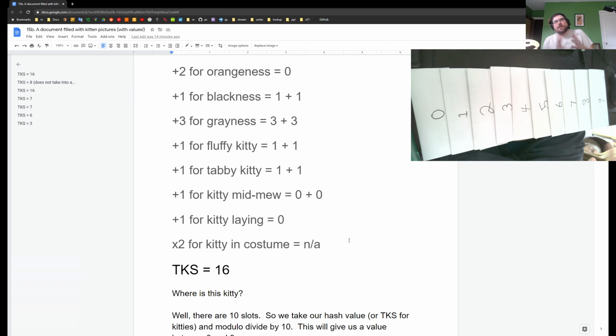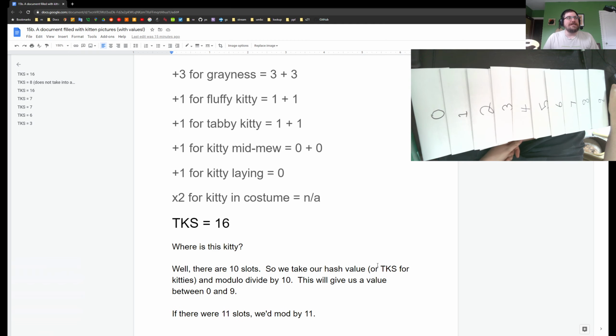So why is that such a large multiplier? That's a large multiplier given out in loving memory and respect of the people who put those kitties in the costume. They're probably not around anymore because kitties usually don't like being put in costumes. It's true. So it's out of respect that we're adding that multiplier there. So after we beep boop beep boop, the total kitten score for this image is